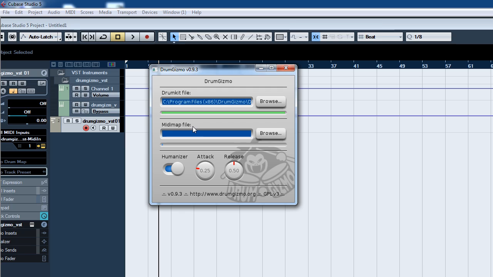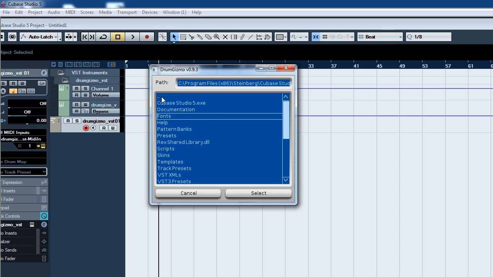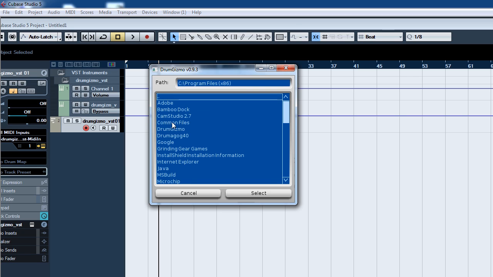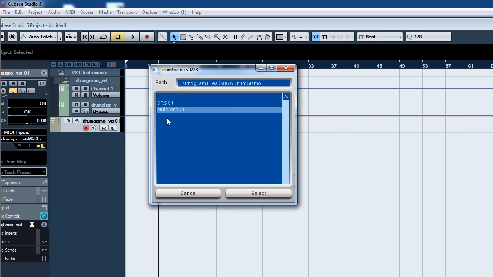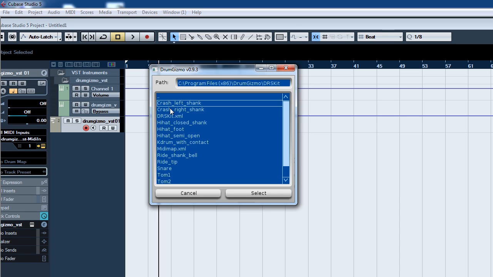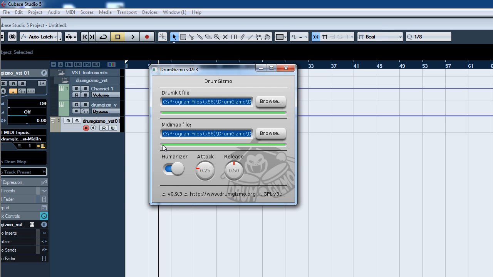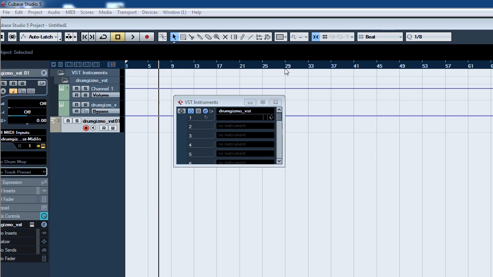And we click browse. Yes, and we browse to the DRS kit again. And we choose the MIDI map XML file and select. Again, you will notice that the progress bar turns green when it is ready and fully loaded. So we close the GUI,